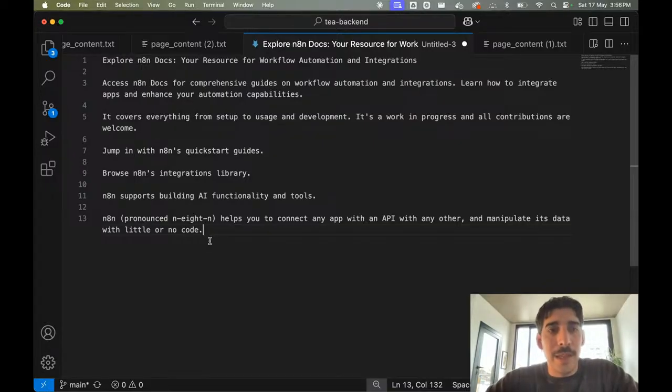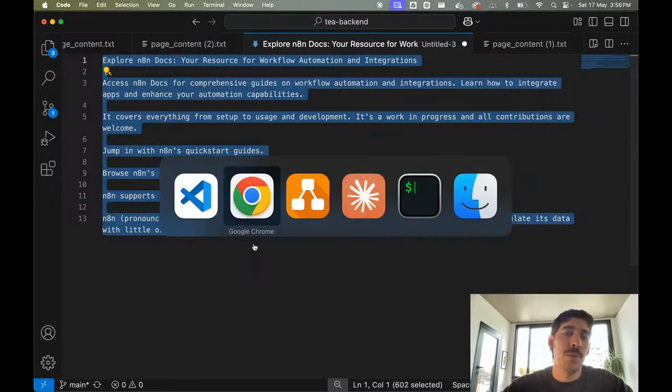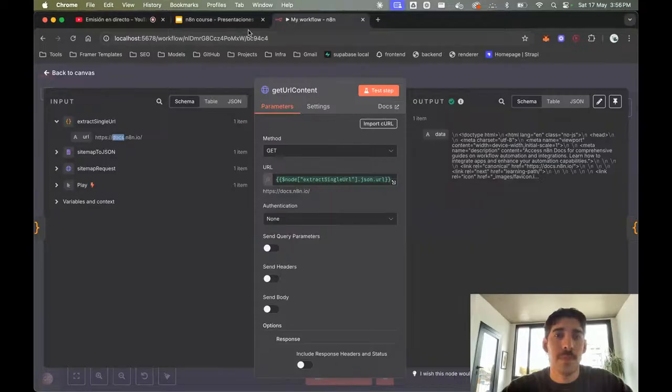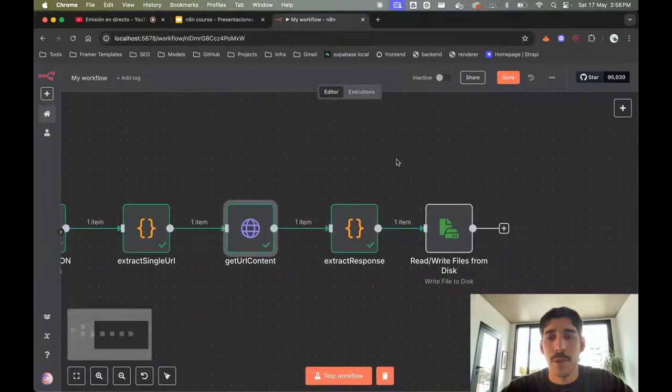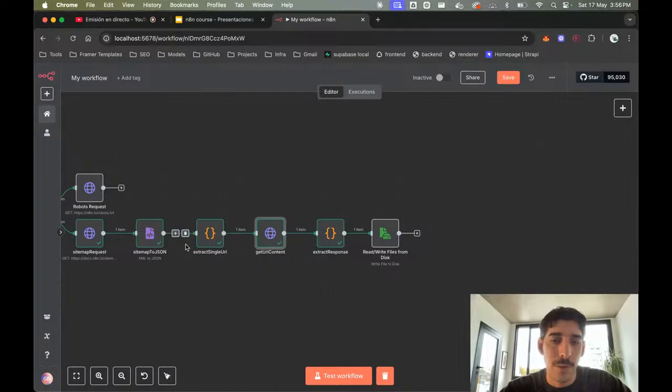Again, since we have LLM technology today, we could fit this into other steps. Say you will have other nodes here. Maybe this is some sort of loop in which you go through a huge number of websites.